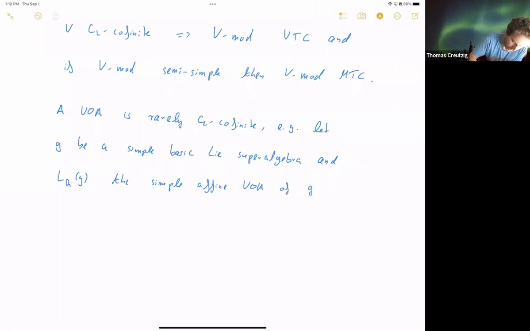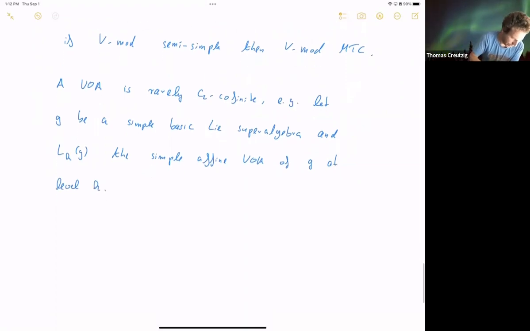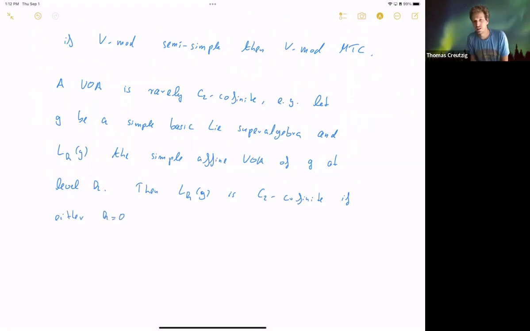Of this Lie superalgebra at level K. So I normalize the bilinear form in the standard way. Then it's known that this affine VOA is C2-cofinite if, well, two cases: either K equals 0, because then the simple affine VOA is just trivial,